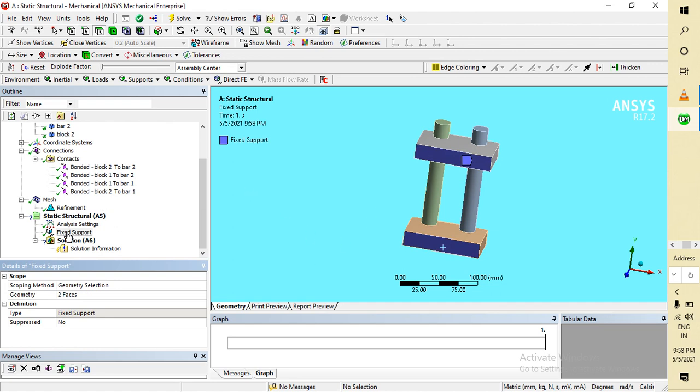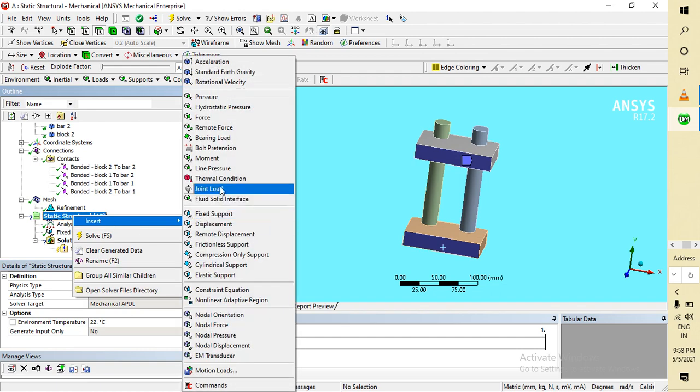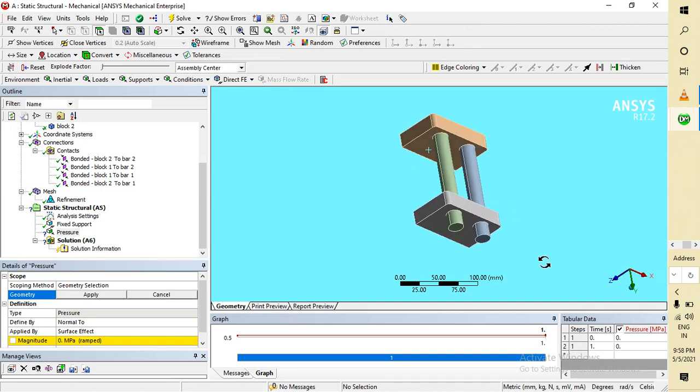So now again go to insert, and I am applying pressure here, guys. So now I am applying in this, apply.